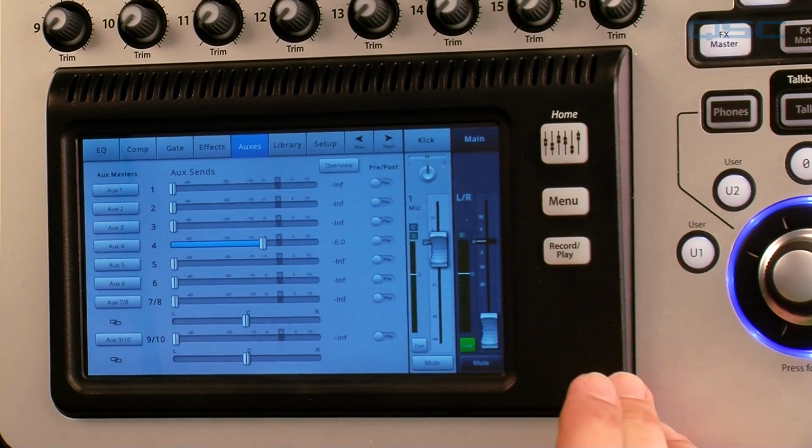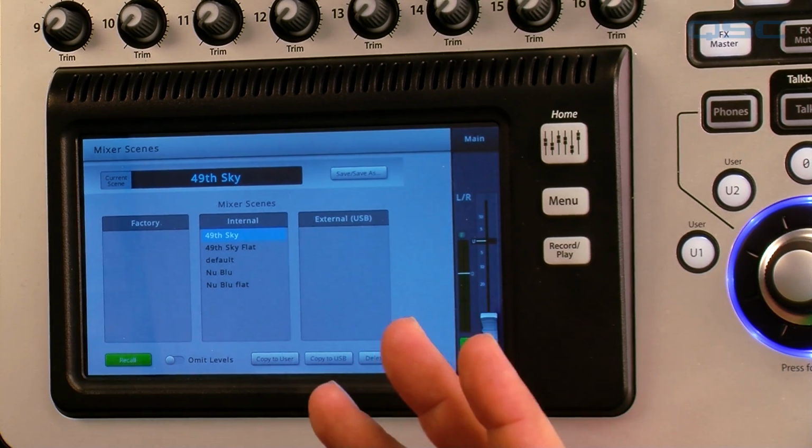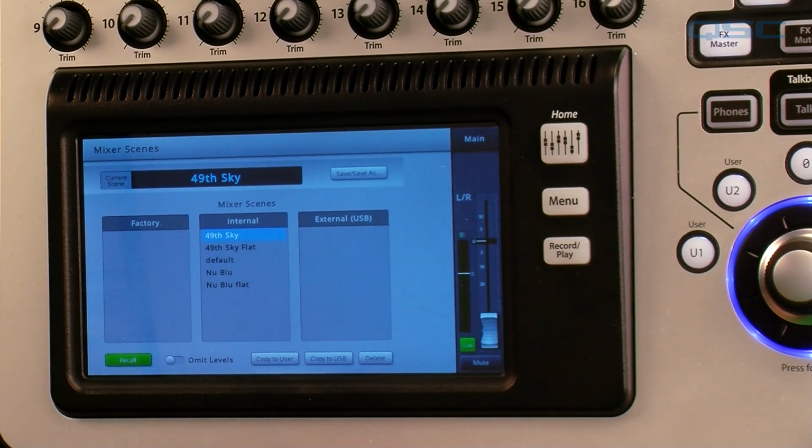Once the show is done and completed, you can go into your menu and you have a scene saving. And the scene is the entire mixer setting. And what that gives you is the ability to recall the audio at a later time. If you had a great mix, you know you're going to be working with the band again,